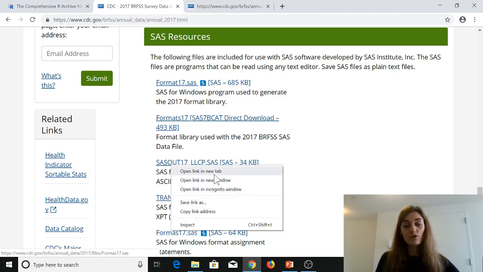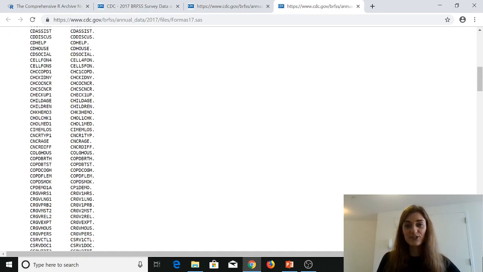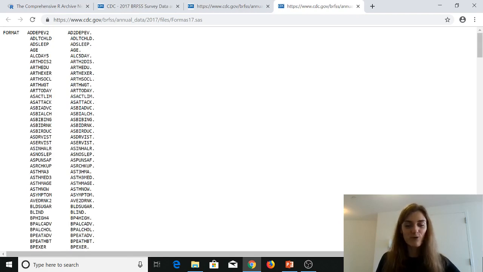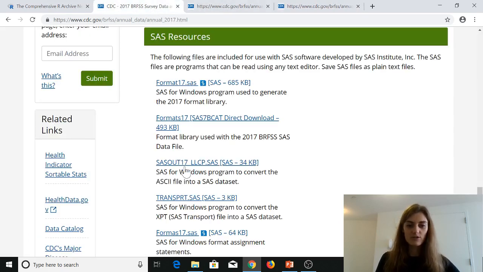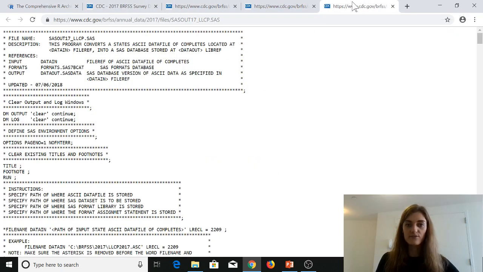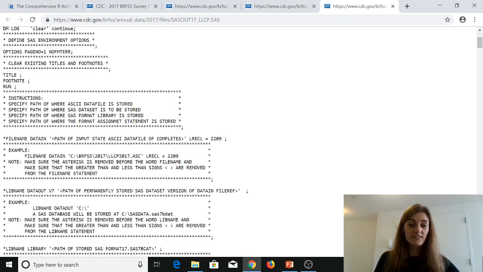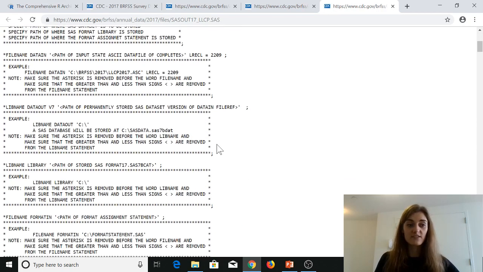This is some more formatting code in SAS. I don't really know what it is, but it's also for formatting your variables in SAS. And finally, I want to show you this page, which is really comprehensive. If you're going to run BRFSS in SAS, you come to this page, right? Because this tells you how to read the data file into SAS, how to set your libraries, how to set